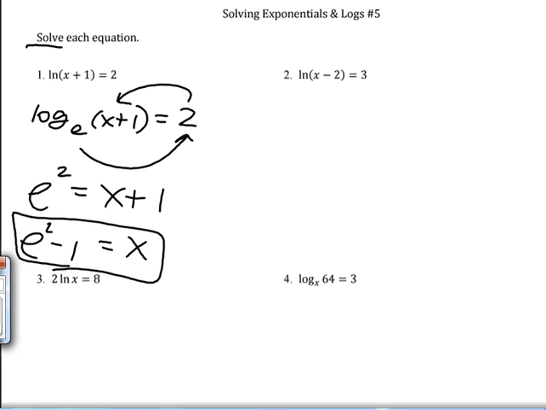Okay. Number 2 is going to be just the same, so let's not even. You can do it for homework, but I don't think you need my help on it. Number 3 is an example of get the clump alone. You cannot rewrite number 3. A lot of people try to, but you wouldn't know what to do with the 2. So the first step is, there's 2 ways you can do this. That 2 can go to 2 different places